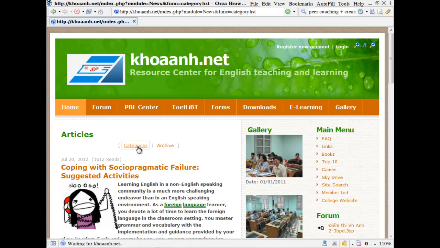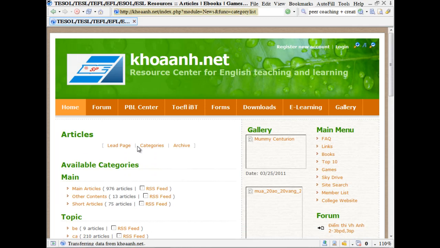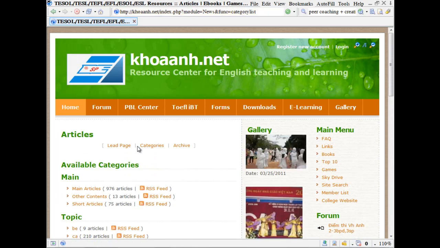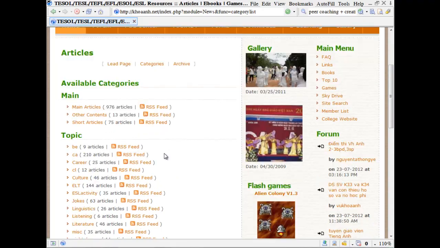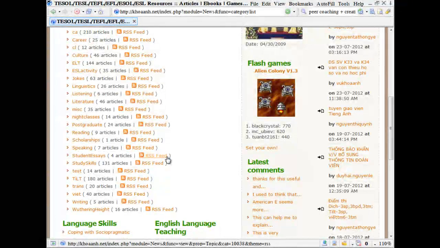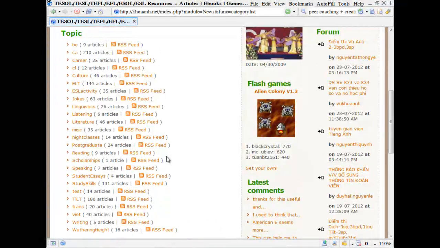In the resource center, we have collected quite a few good reading materials. They are mainly journal articles, or sometimes very short writings that present ideas that may be useful to teachers. So when you go to the categories, you'll be able to see the list of all categories that are currently available in our system. I would recommend you to go to